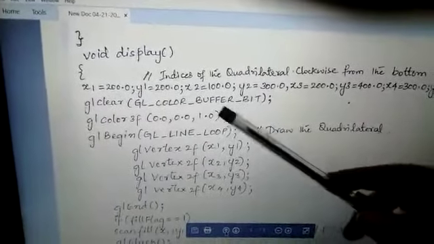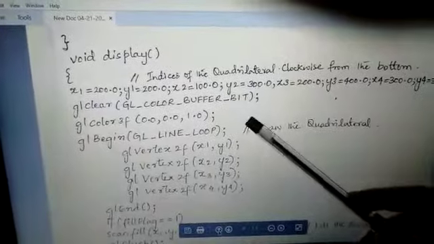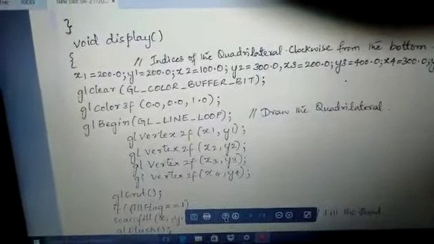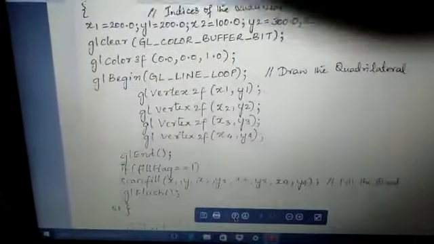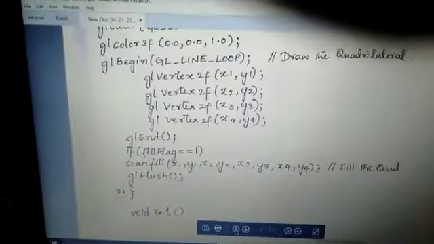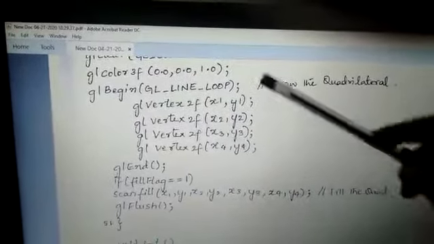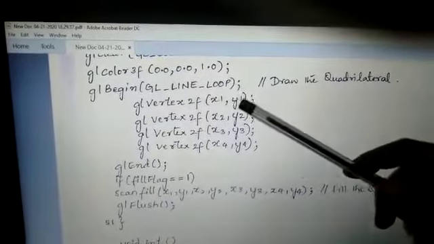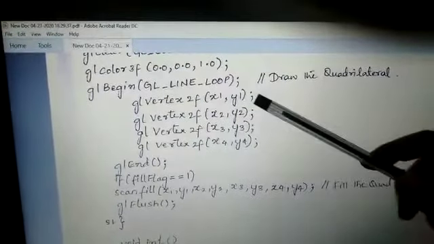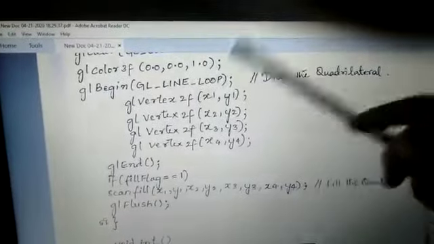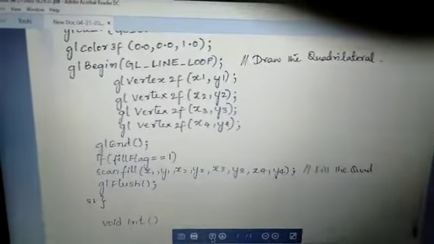Here we are clearing it, and then we are providing the RGB color here. Then we start the quadrilateral once again with GL_LINE_LOOP, that is, the quadrilateral should be drawn with respect to these points, using this particular primitive.